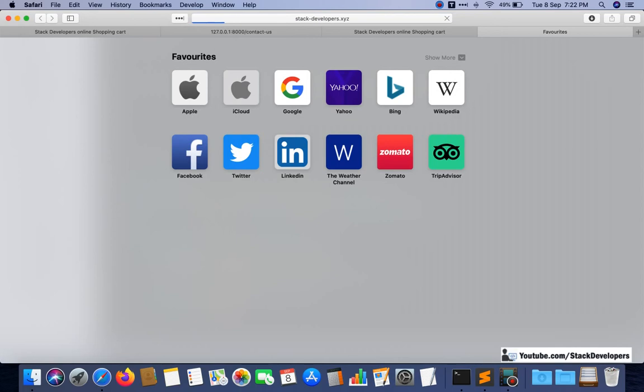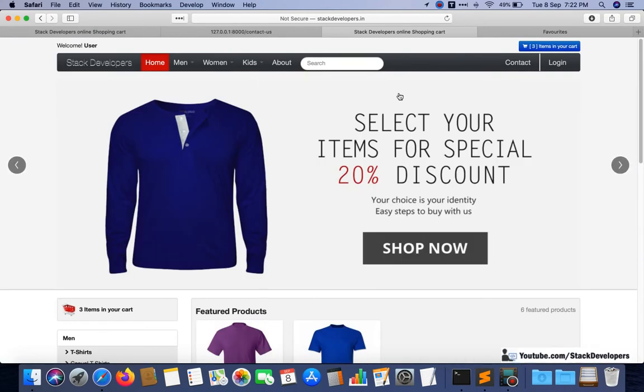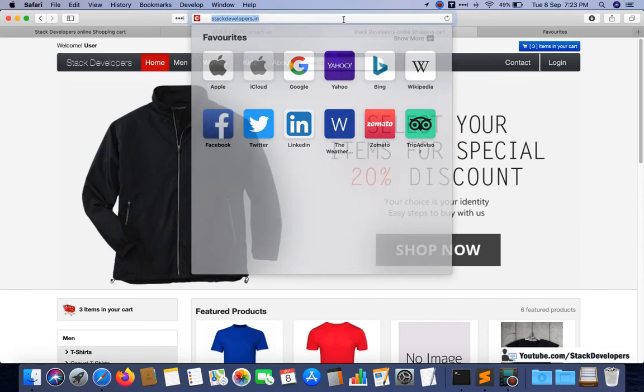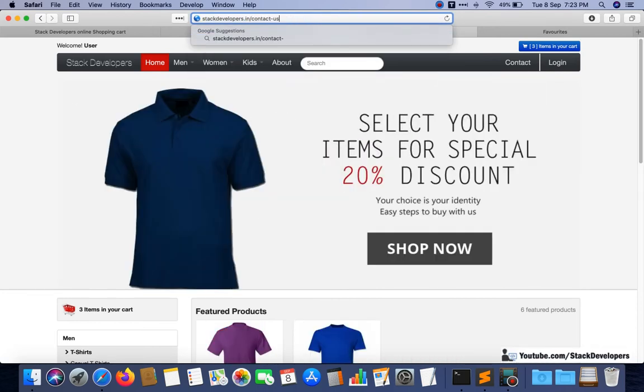This is the website we have made for the basic series. If you want to see the demo, you can see this website. You will be able to make this kind of website after the completion of the basic series. This one we are currently uploading, stackdevelopers.in. So here I am telling you that we require a page like this, contact us.